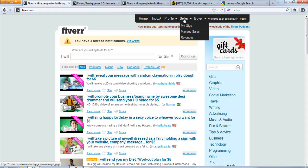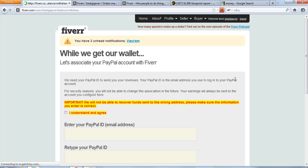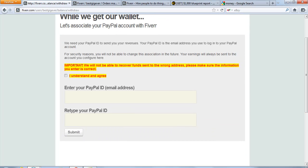And now let me take you to this side, revenue. This is where you check how much you have in the account, and if you want to withdraw your money, this is where you shall be withdrawing your money from. So you click on withdraw your earnings. That means this 1418 is available for withdrawal. So if I click on withdraw your earnings, now it's going to take you to this page, and you